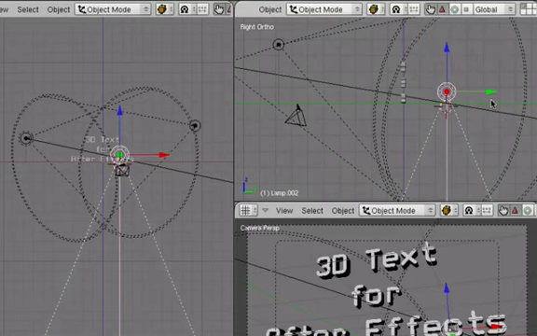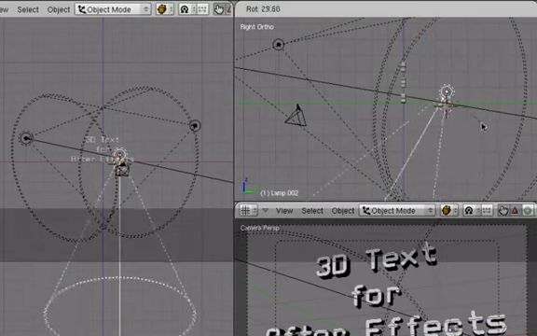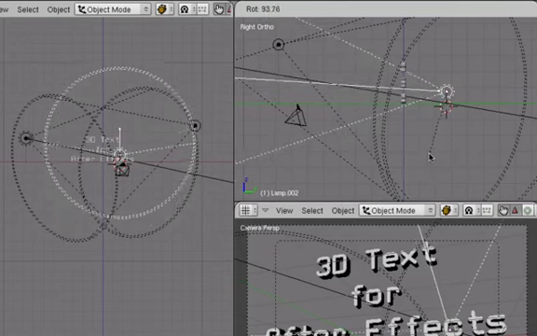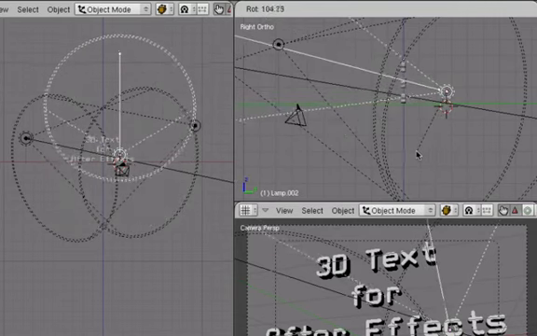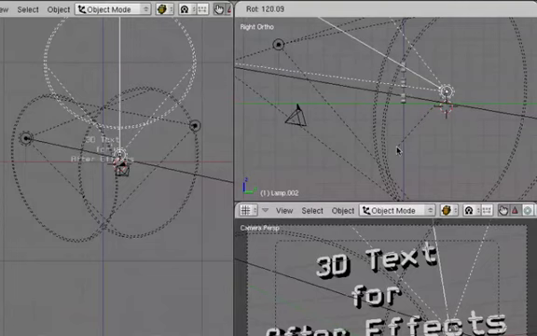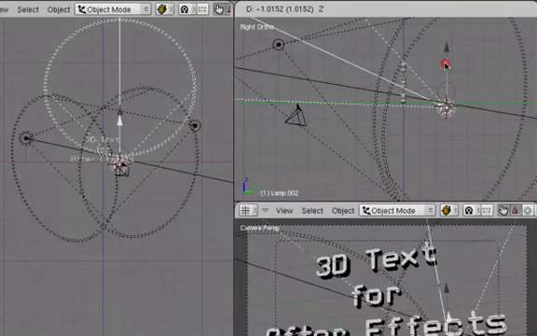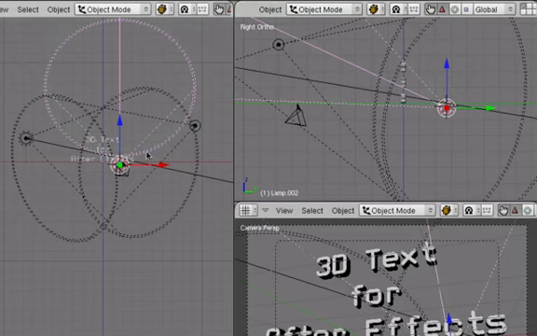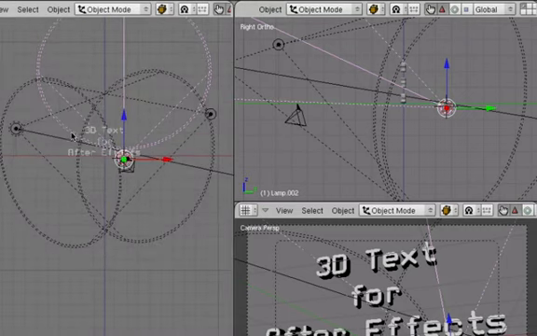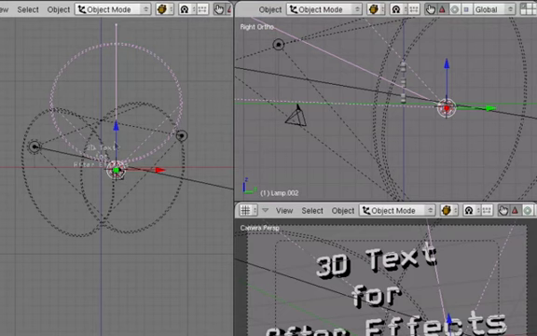And rotate. R, move the mouse, and let's have it pointing up like this. I want to move it down again. The original position was more right. From here, I'm not sure if I'm looking at the